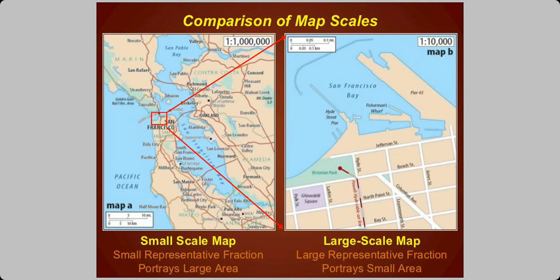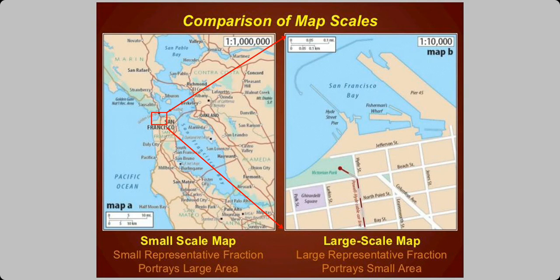Now, in this slide, the right hand side portion is that left hand side small box. Now, if you look at the scale of the map on the left, it says 1:1,000,000, and the one on the right is 1:10,000. So that means that the map on the right hand side is enlarged 100 times. That is 1 million divided by 10,000. If you do the division, you have 100 remaining.